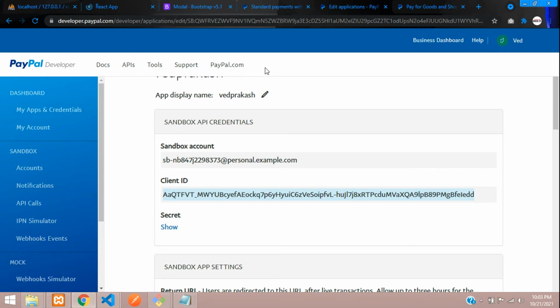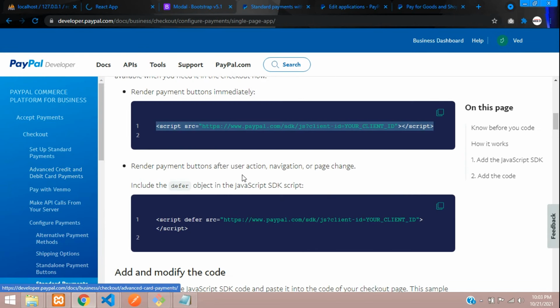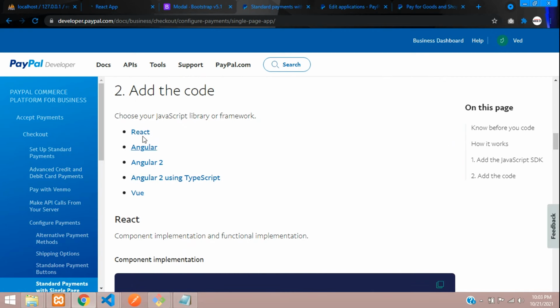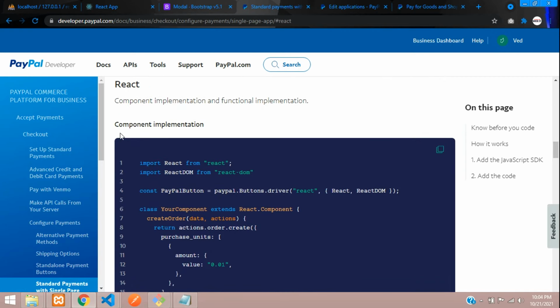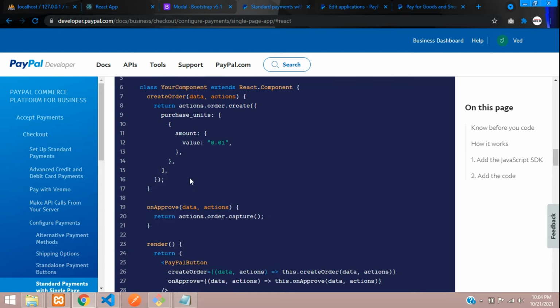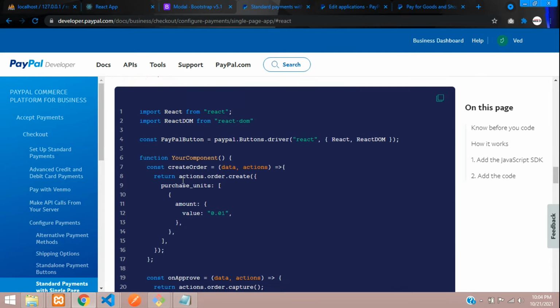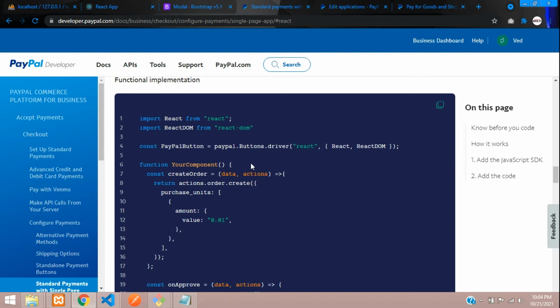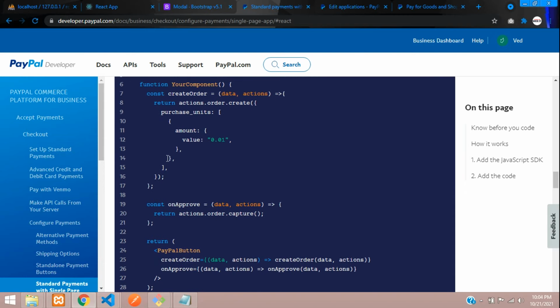So now the third step, we are going to follow up with back to the documentation. Let's move to add the code inside React. So this is the component implementation, but we are not using component. We are going to use hooks. So guys, you can find this over here, and here is a constructor. I mean, create order and your approve. So let's copy both functions